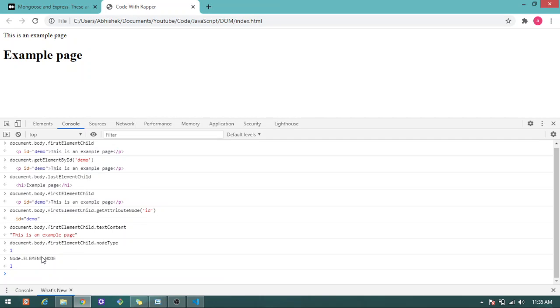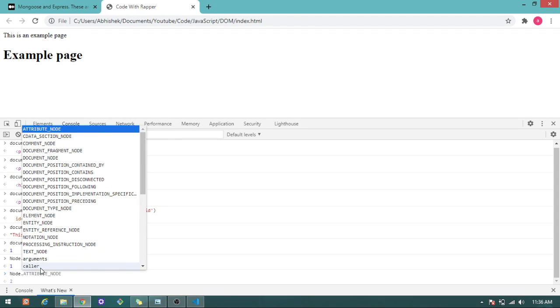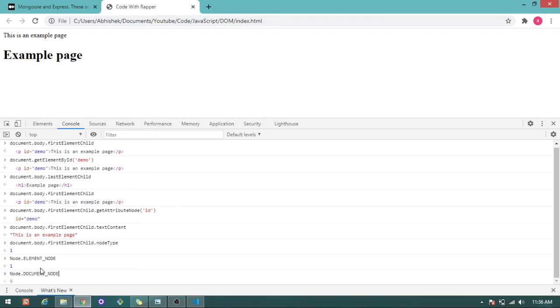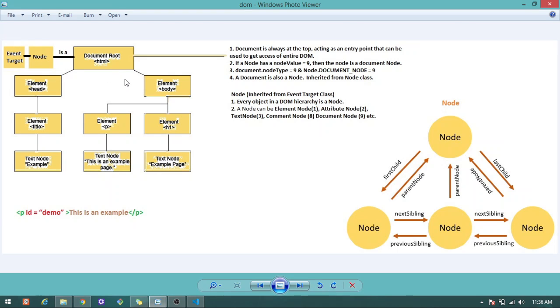So Node also stores these element node value, attribute node, comment node, document node. For this document node, let's see what value it stores. Node 9 means any element which has the node type value 9 will be a document node.